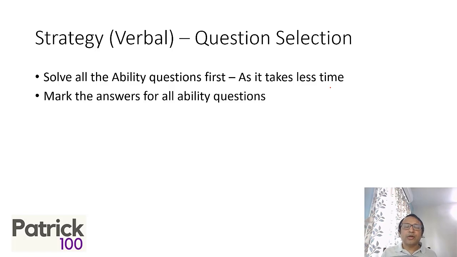Even if you're not sure, you can do intelligent guessing. The negative mark is -1. I'm not saying do blind guessing, but ensure that you do intelligent guessing and move forward. Because if you waste too much time trying to figure out which option is right, you've already wasted a lot of time. It doesn't make sense. So try to shortlist the options, and whatever option you feel is the answer, mark it and move forward.